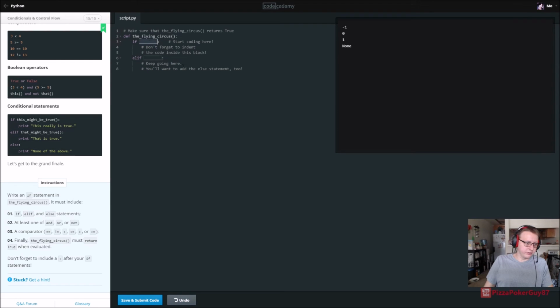Alright, so if 1 is greater than 2 and, actually I want it to return true, so if 2 is greater than 1 and 3 is greater than 2, or we're going to write one complicated thing here, or 3 is greater than or equal to 2 and, or true,